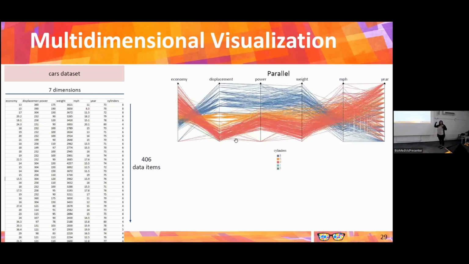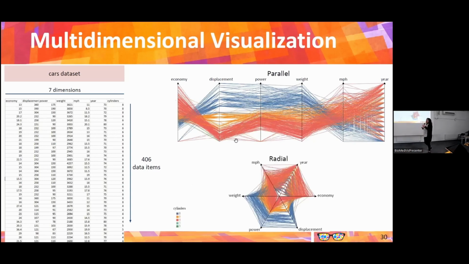And you can have other arrangements for these axes. If you have a radial arrangement, you have the radial plot that is also well known. These two visualization techniques have been used a lot. I really like them. I use them a lot. But there is a need to develop or define new visualization techniques that also allow you to represent the complete data set, to represent a lot of dimensions without losing information.